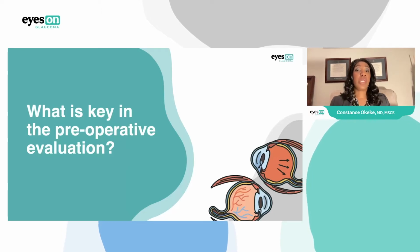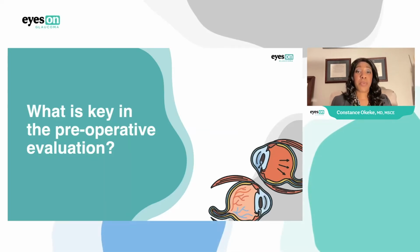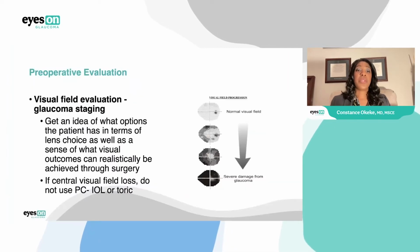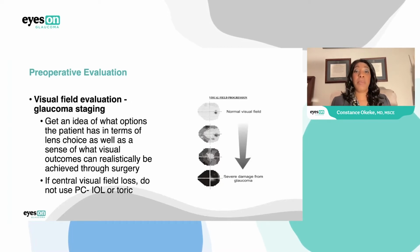And this is really important because you have to evaluate the patient well, but then also set yourself up for success by allowing the patient and you to have a good sense of what the expectation should be. So this starts really with the visual field exam because this is going to give you the staging of glaucoma. You need to get a sense of where the patient is seeing, where they're not seeing, so that you can be able to assess whether or not the outcomes visually will be good and in line with what the patient